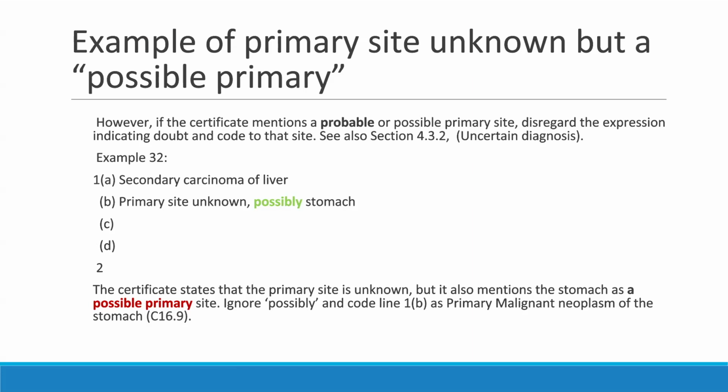This slide shows an example of primary site unknown, but also mentions a possible primary site. The rules and guidelines for mortality coding specifically guide the coder that if a certificate mentions a probable or possible primary site, the expression indicating doubt should be disregarded, and the site should be coded accordingly. Example 32 shows a case of secondary carcinoma of the liver with the primary site unknown, but possibly the stomach. The instruction is to ignore the word possibly and code it as a primary malignant neoplasm of the stomach. That is